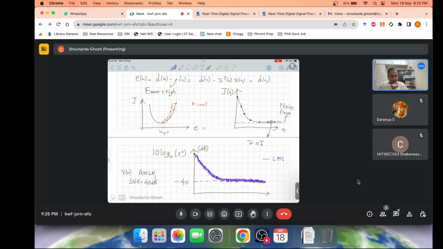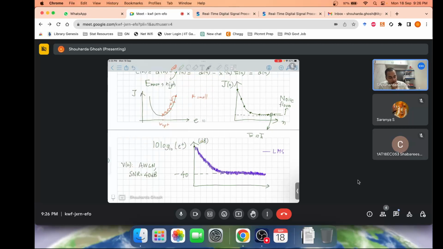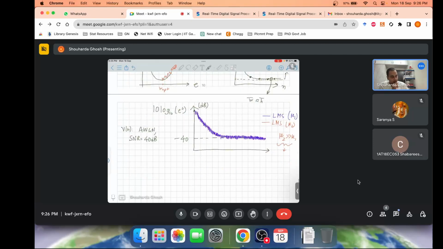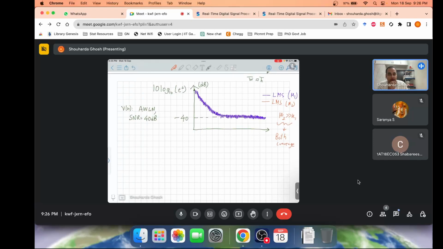Now what happens when you choose a very large mu? Let's suppose I chose mu1 over here, and now for the same case of LMS I chose mu2, where mu2 is larger than mu1, but both converge, okay. I'm not saying that one will diverge. There is another case of divergence, but assuming that they are within some limit, and let me tell you, it's just for knowledge, it's not in this course. If you take some adaptive signal processing full course, then you will see that there is some kind of a bound,